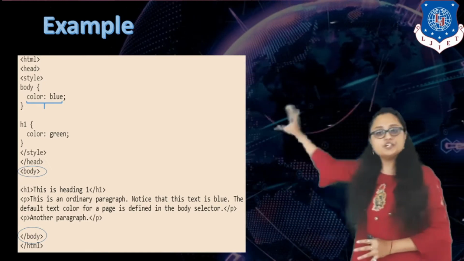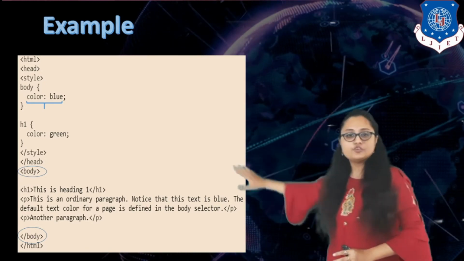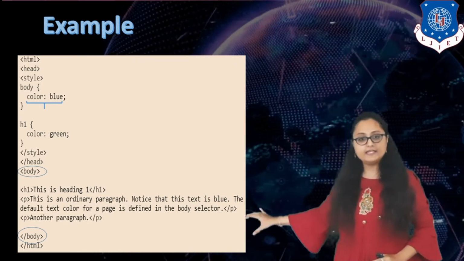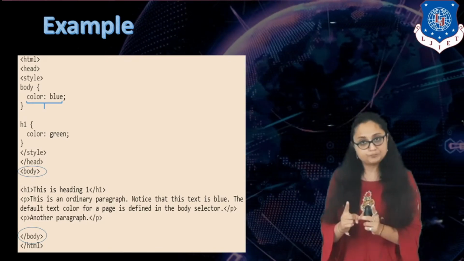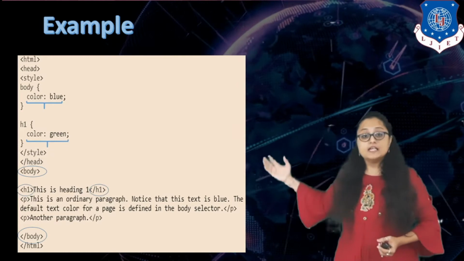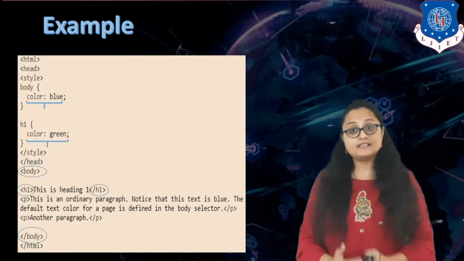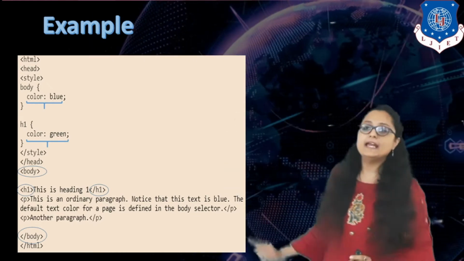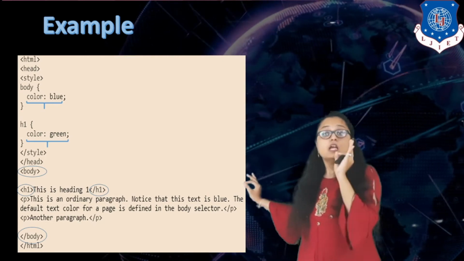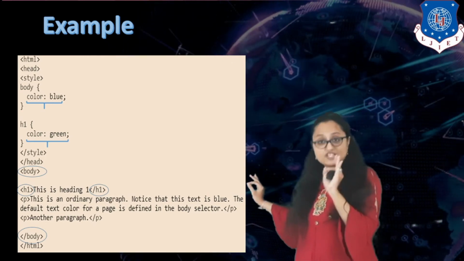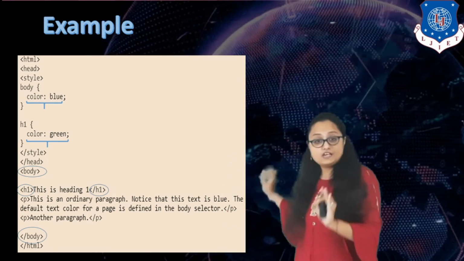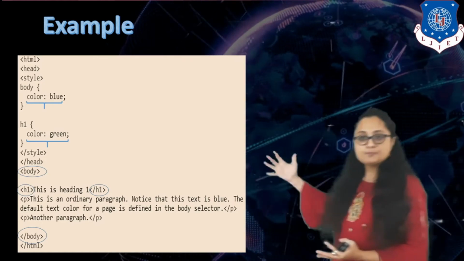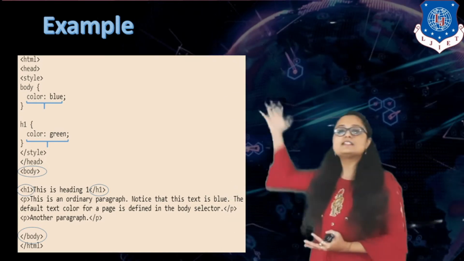Let us see that. So here you can get an idea that by default, if you are not specifying this second property, that is H1, what will happen? All the font color, that is of heading and paragraph, will be of which color? Blue color. Okay, but what have I done here? I have explicitly specified that all the font color of all the elements of body should be blue except heading, because for heading tag I have separately taken H1 as a selector and I have specified which color? Color green. So what will happen over here? This property basically overrides this property, right?